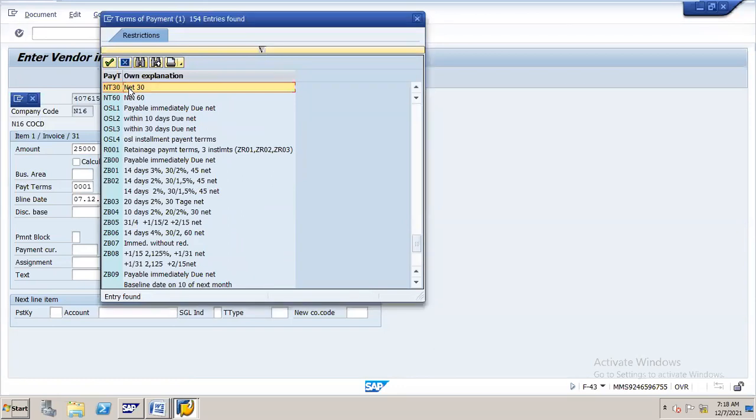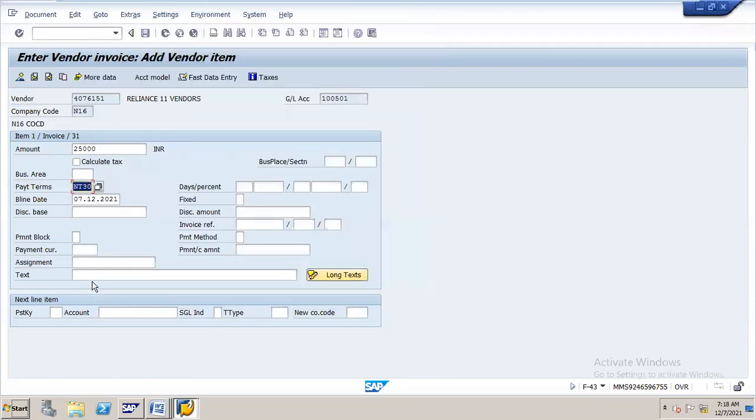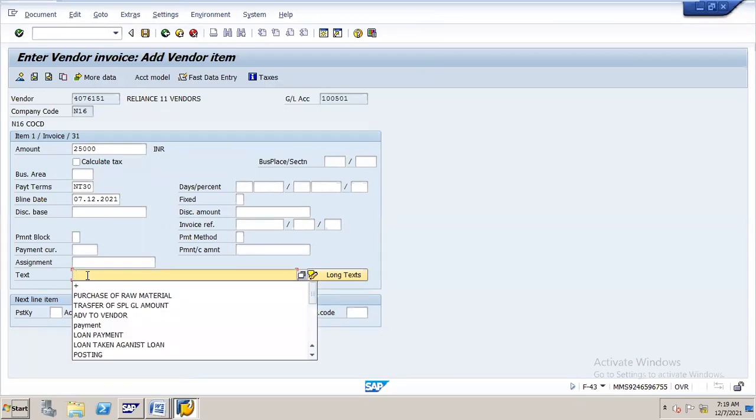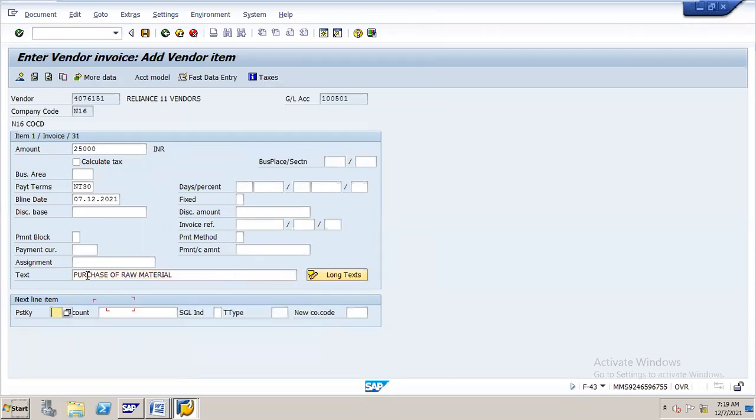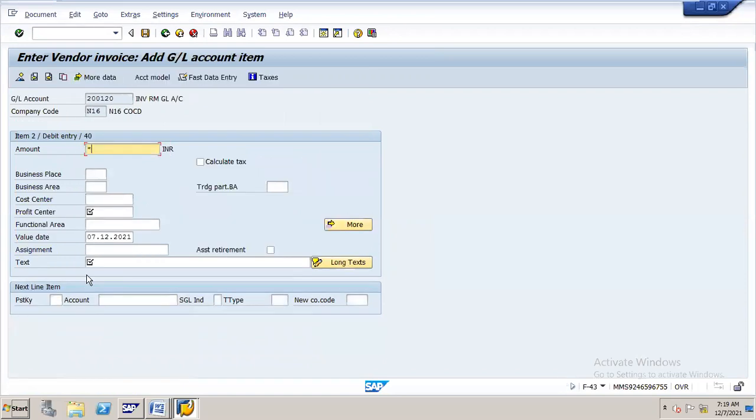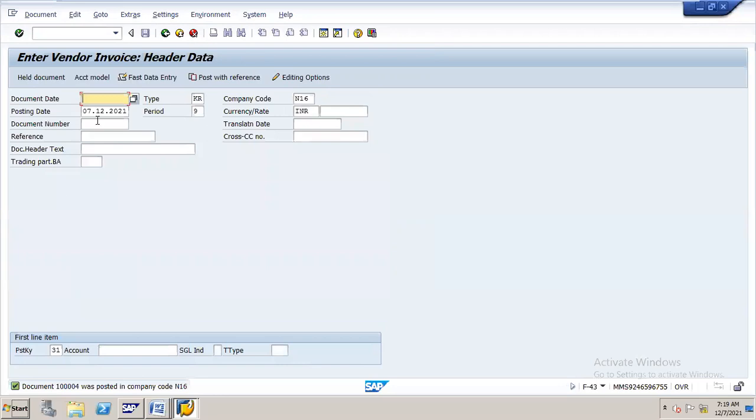Zero means immediately, but this one I can pay after 30 days. Raw material is going to be debited. So now we have 3 invoices.